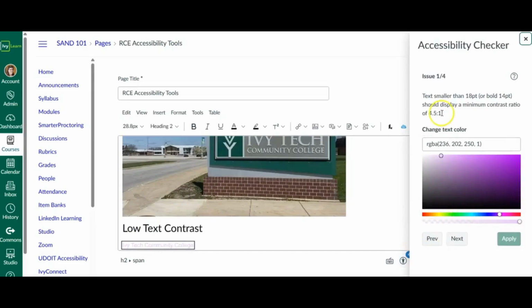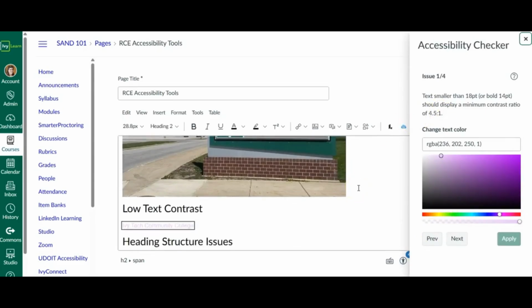But if I click back on here, we go to our next issue, which is the low text contrast. Text needs to be easy to read on these pages. For normal size text, that means a contrast ratio of at least 4.5 to 1. The checker will help you to adjust if needed. So in this particular case, we have a really light purple color that makes it really difficult to read this content. The accessibility checker again notes that the text doesn't have the correct ratio